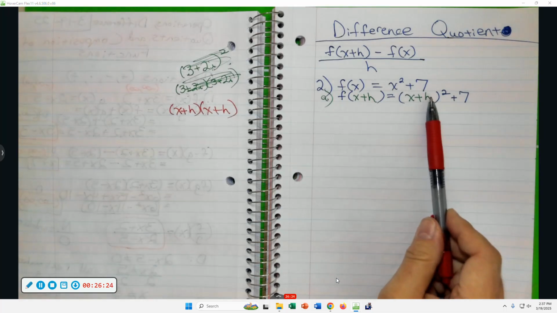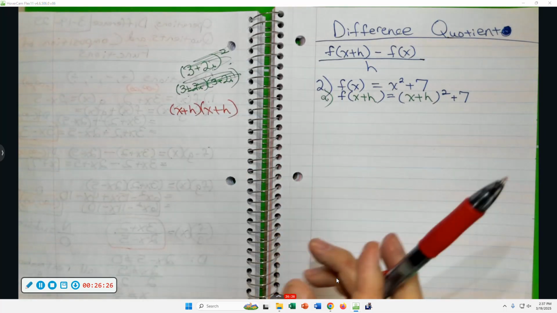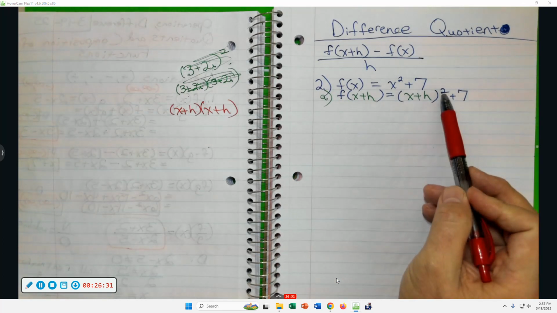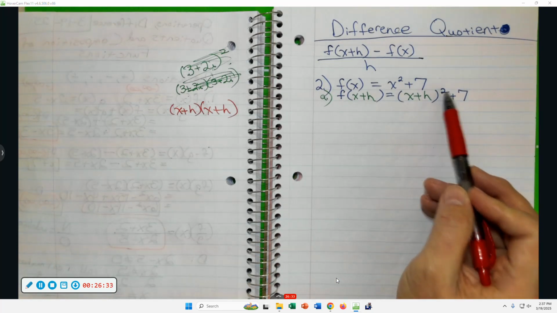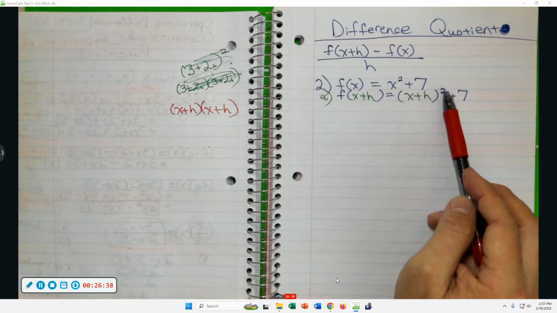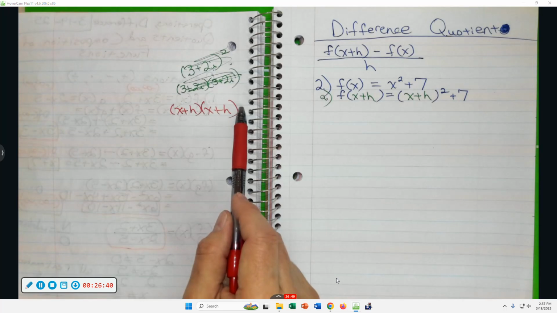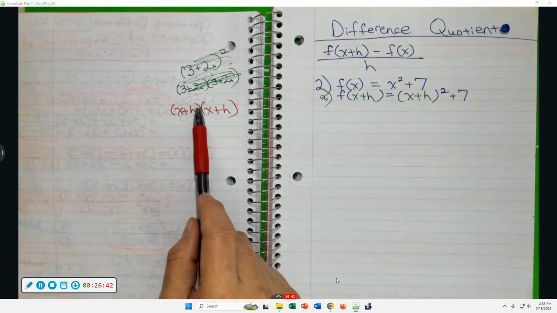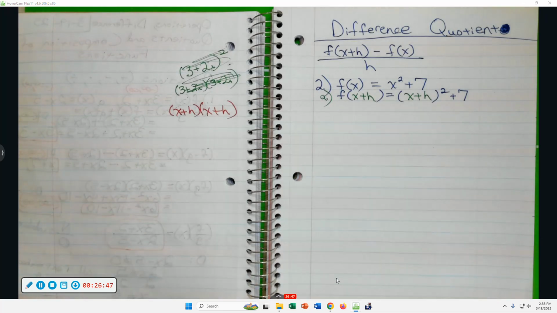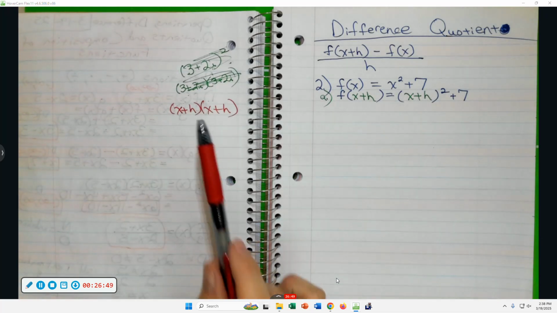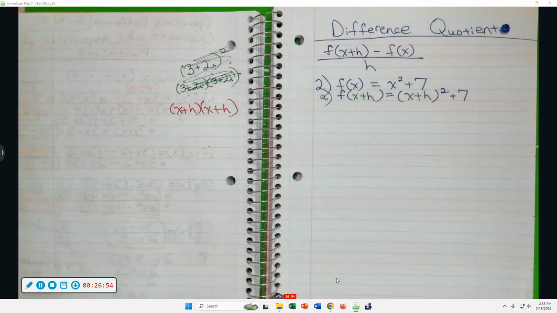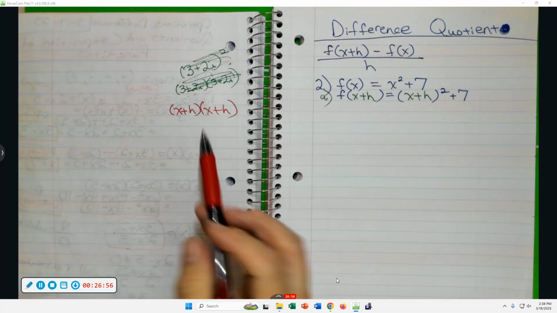To square a sum, we write it twice. Here's something we should be grateful for. None of the difference quotient problems have cubes, because if they did, we'd have to write it 3 times. We'd FOIL it out, combine like terms, then we'd have to distribute another x, distribute another h. So really we should be grateful that they don't give us any that have cubes in the difference quotient. But as it is, first,